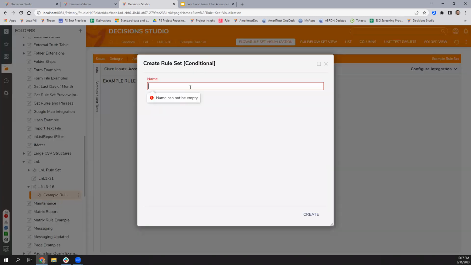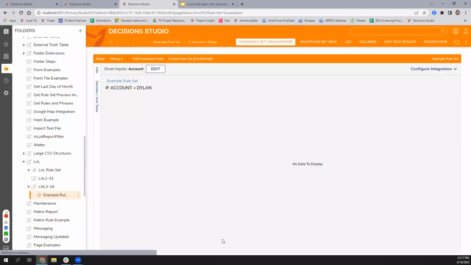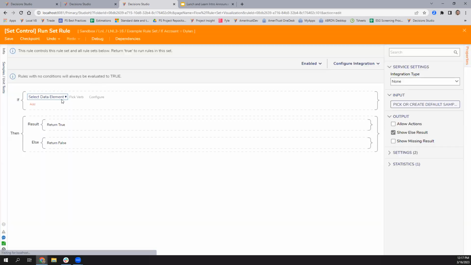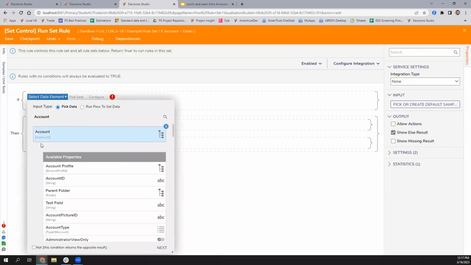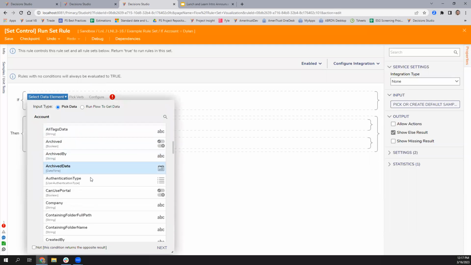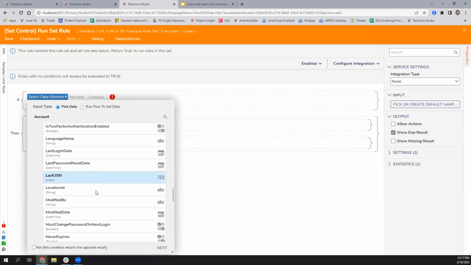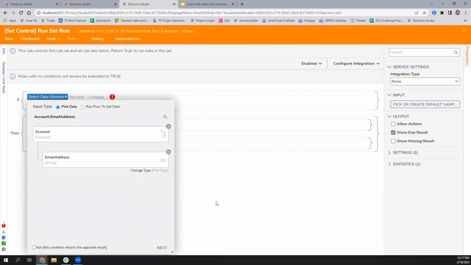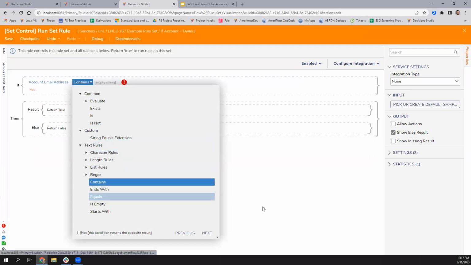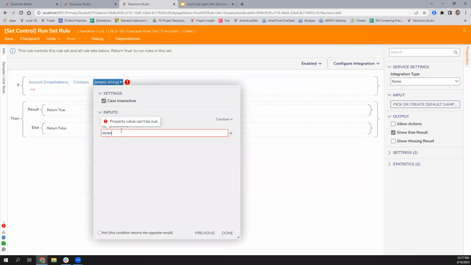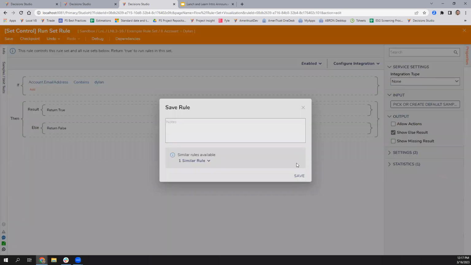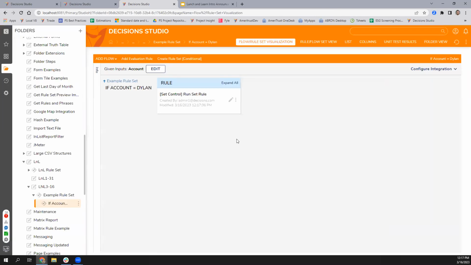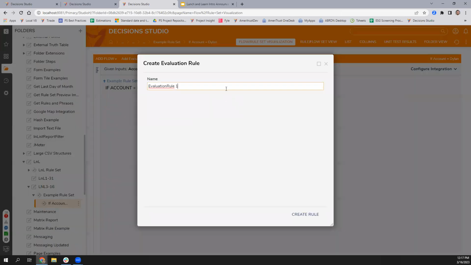So let's create a rule that says the account equals billing. It'll give you a rule that you could set to perform this evaluation. So the account that we set as our input, we just find first name. Oh, let's just put email. Say contains. Let's go done. So I'll save this. And now you'll be able to see here that if we add evaluation rules